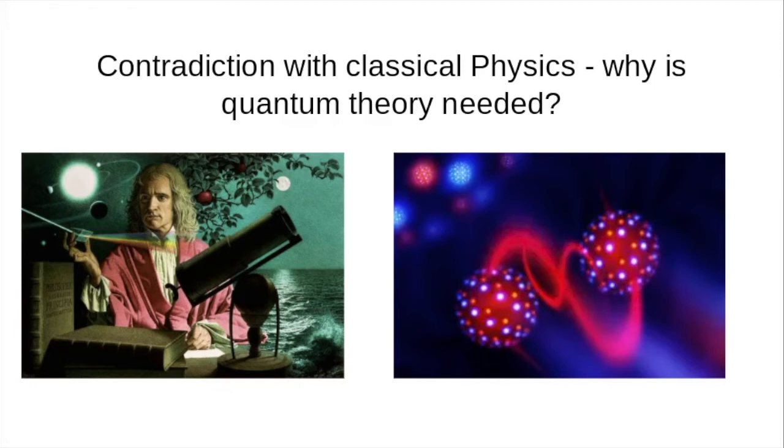The contradiction with classical physics. Why is quantum theory needed? The Heisenberg uncertainty principle contradicts classical Newtonian physics, which holds all variables of particles to be measurable to an arbitrary uncertainty given good enough equipment. Until the introduction of quantum theory, it was held as a fact that all variables of an object could be known to exact precision simultaneously for a given moment.